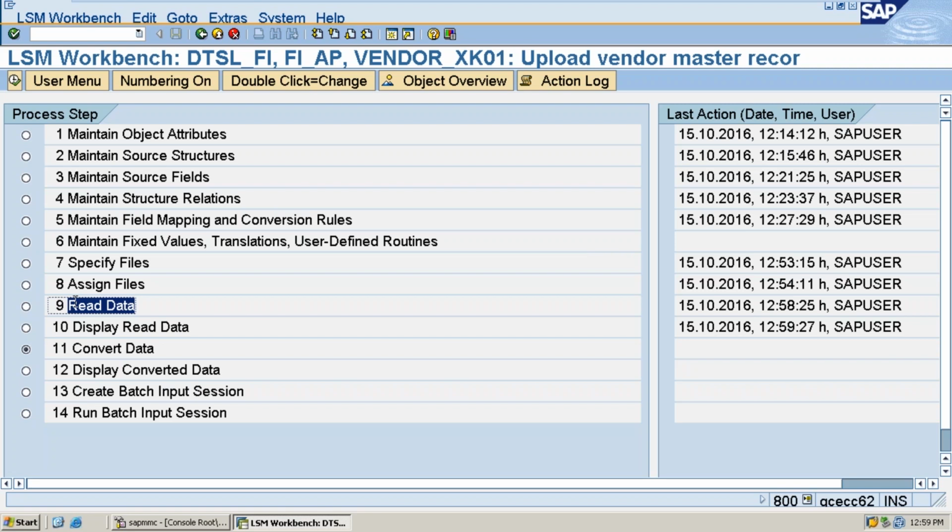whereas in the SAP conversion rules I specified 1000. If I go and see the read data, display read data, which value will be displayed? 2000. Read data means input, whatever you are giving is the read data. Convert data means after conversion, based on the conversion rules you specified, whatever value comes will be displayed. 1000 will be displayed. That is the main difference between read data and convert data.